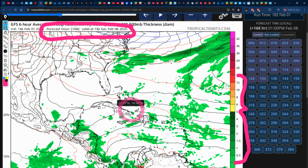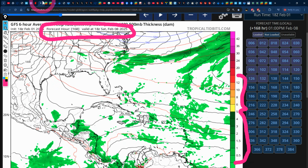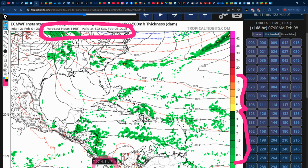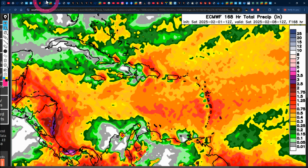And we also see some greens across the northeastern sections, just like what the Euro was showing for Saturday next week. Very interesting. We also see some moisture here and there across the Caribbean, Central America, right here, Belize, Honduras, Nicaragua. Very interesting forecast. Either way, in terms of the accumulated precipitation forecast for the next 7 days,